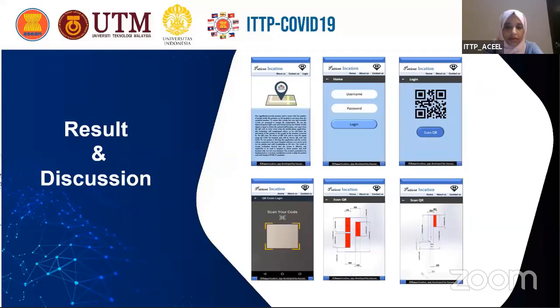Firstly, the first page, the introduction page. After this page, he has to log in. After he presses the login button, it opens this page, where he has to put in the username and password. And if he's not registered before, he has to register first from the bottom of this login page. After that, it's going to show the